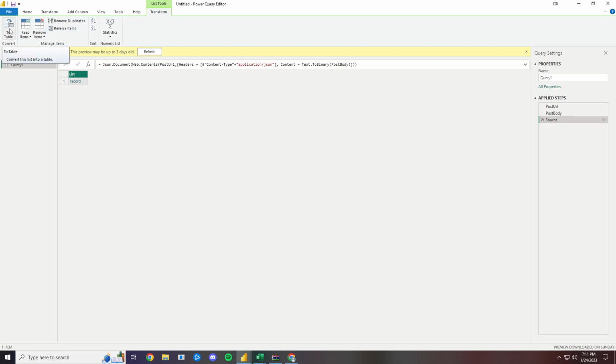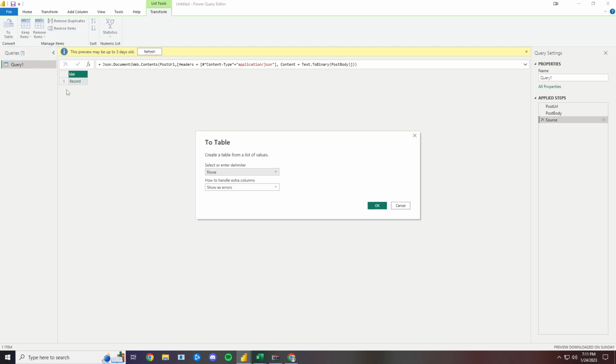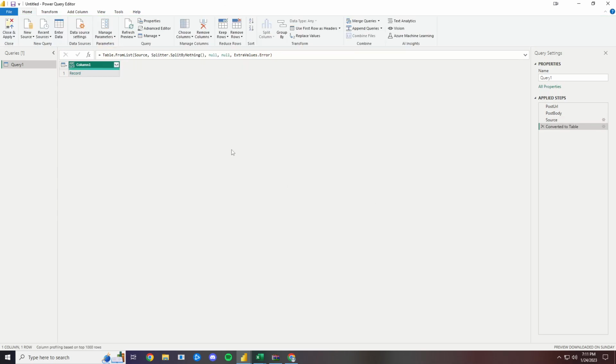So I'm going to first convert this to a table so we can start working with that. You don't have to do anything special to it. So now that we have a record, we're just going to go in and expand that. You don't need the status column because it's going to tell you success, and the fact that we have data here shows us that it was actually successful, so it's irrelevant. So once we do that, we have now just the object record, and we're going to go through that step